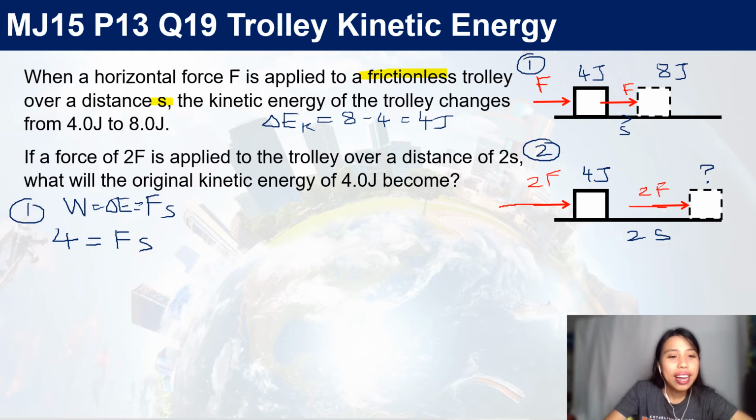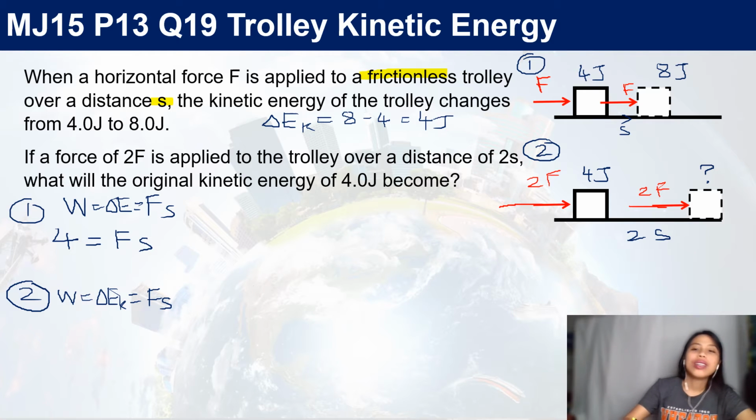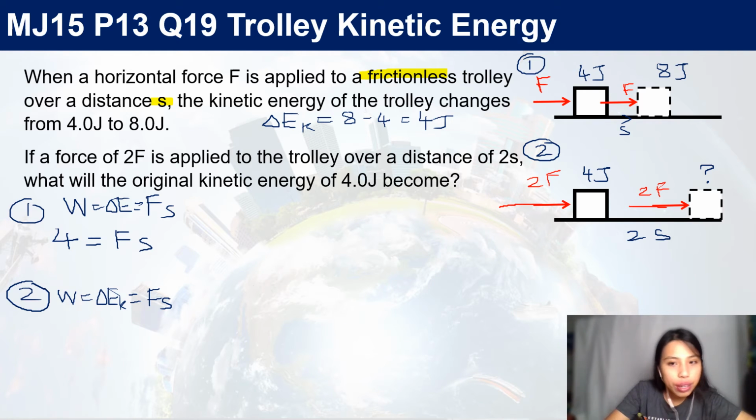Sad face. Let's look at the second scenario. Same thing, work is a change in kinetic energy here. No other energy changes, so only kinetic, which is force times displacement. So if we plug in everything we know, the change in energy is, we don't know what it is. Let me just label this as EF, F for final. So change will be final minus initial, which is 4 joules,